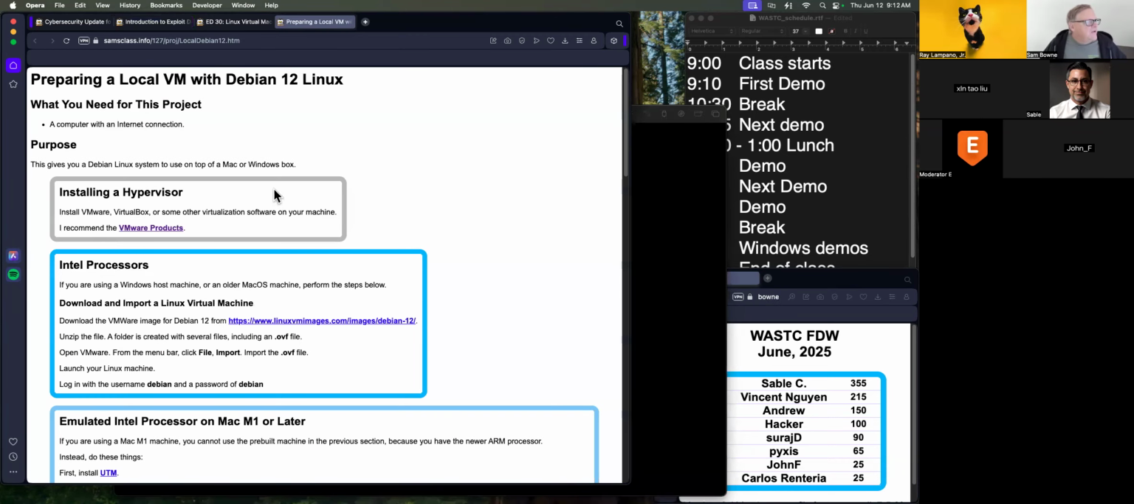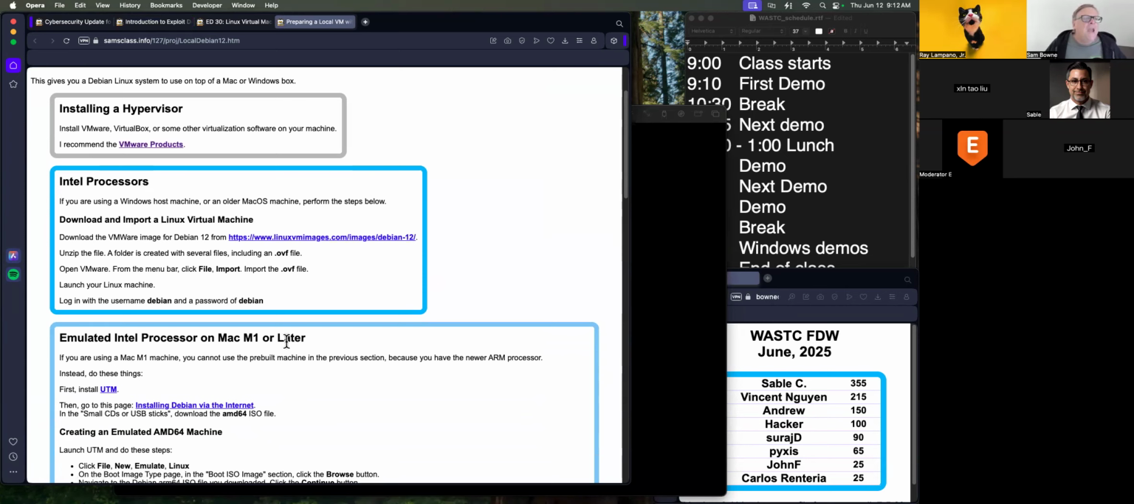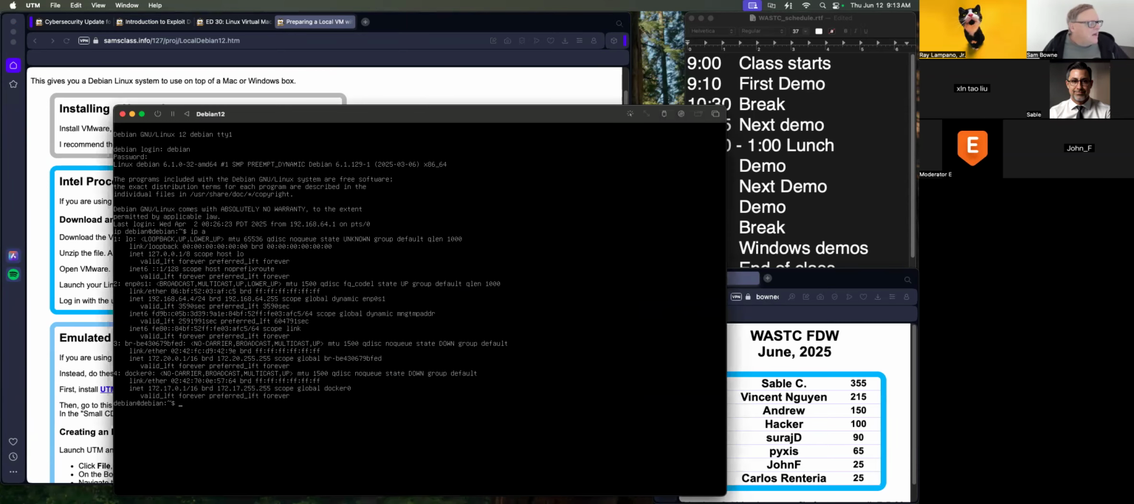And if you go here, it talks about various options. If you're using a PC, then you have an Intel processor and you can just download and run a pre-made Linux machine. If you have a Mac running on Apple Silicon, then you use this product called UTM to emulate the processor instead of using VMware, which would just pass through the real processor to the virtual processor. This UTM product emulates an Intel processor. So if I go in here and do uname, well, first let me connect with SSH,